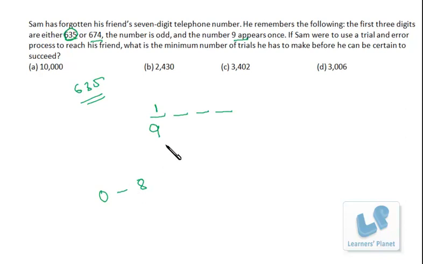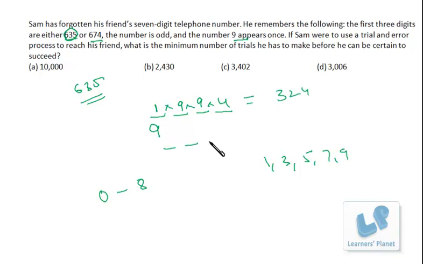For the second place we have 9 choices, and similarly 9 choices for the third place. At the last place we have 5 choices, but since 9 is appearing at another place, it won't appear here, so we have 4 choices to make the number odd. So in all it is 9 into 9 into 4, that is 324 choices.